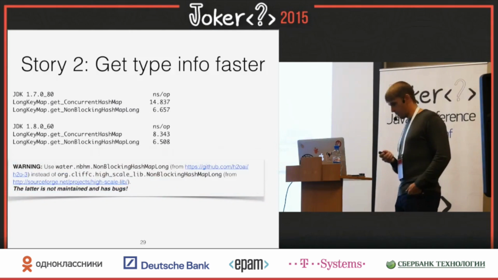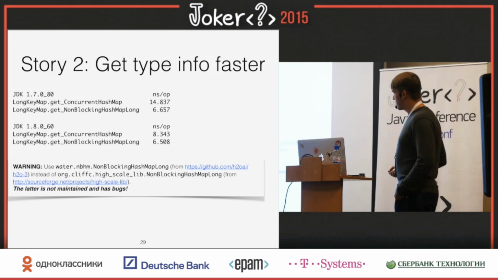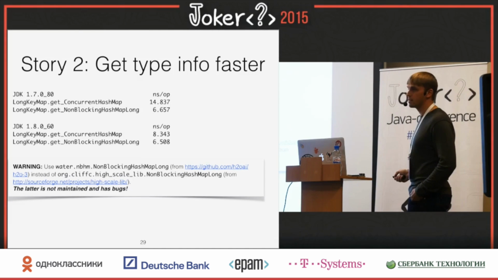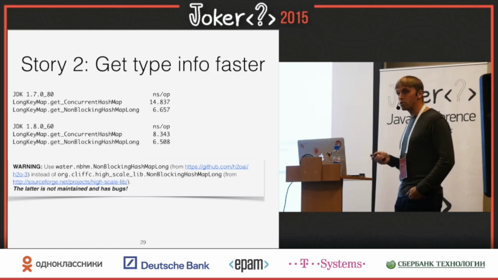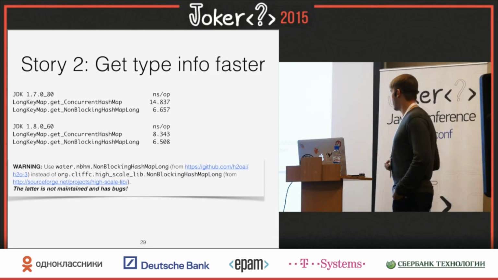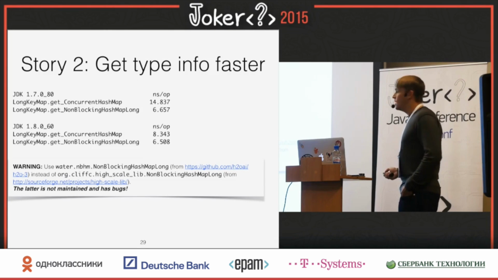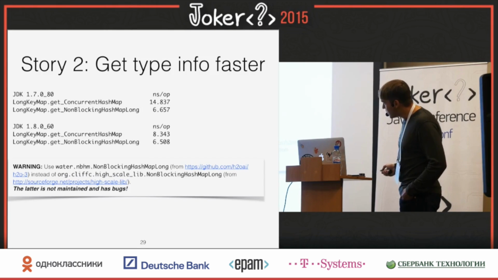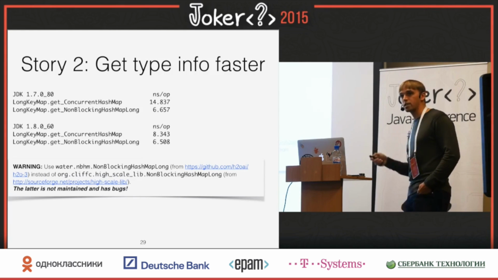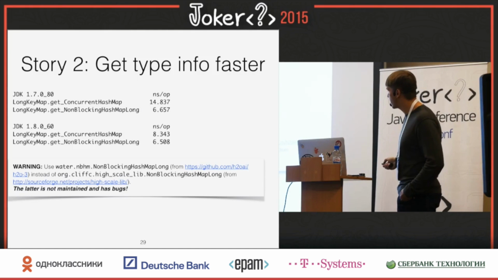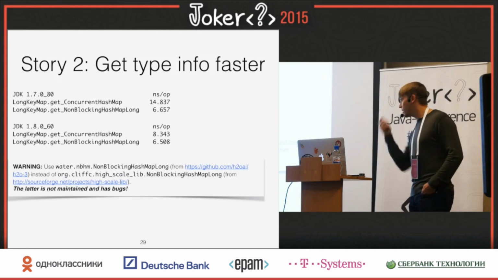Now, here's the warning. If you are using the namespace Cliff Click high-scale-lib from SourceForge, stop it. This project is abandoned. The last commit was in 2011 or 2012. The most recent version of his high-scale-lib is actually available in his H2O project, an organization in which he works now. There it's embedded inside the bigger product. There is a package water.nbhm, and all the classes, NonBlockingHashMap, UnContendedCounter, NonBlockingHashMapLong, all there. So use it from there.